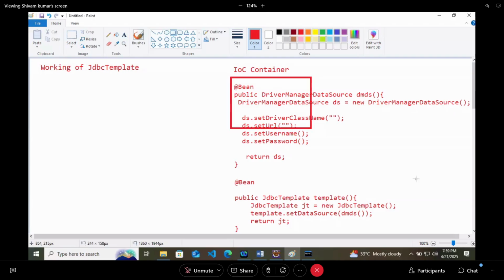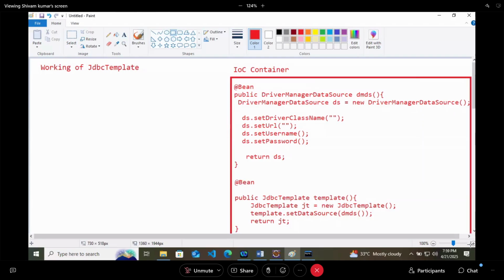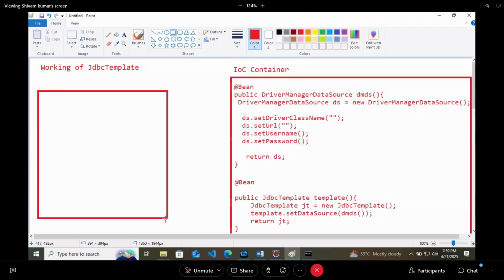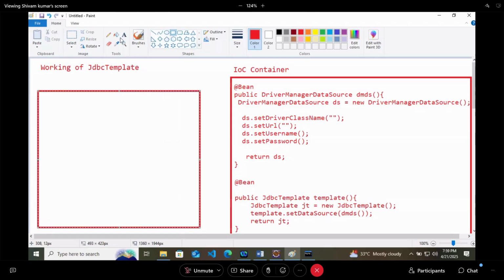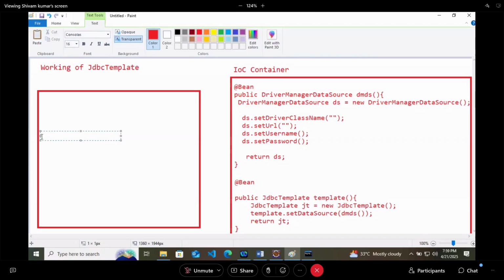This is our one IOC container which is working here, right? In the main class, I'm trying to do some operation. So there is a main class where I am creating the object of the container.